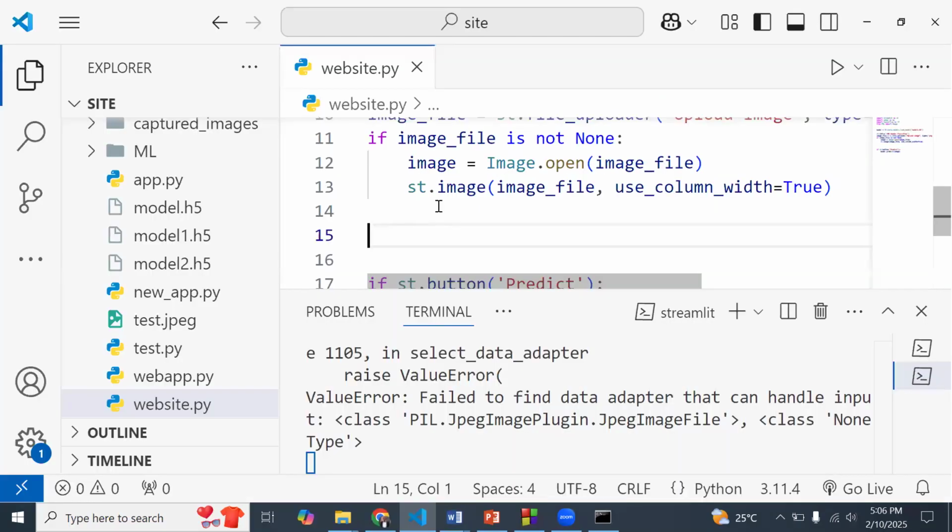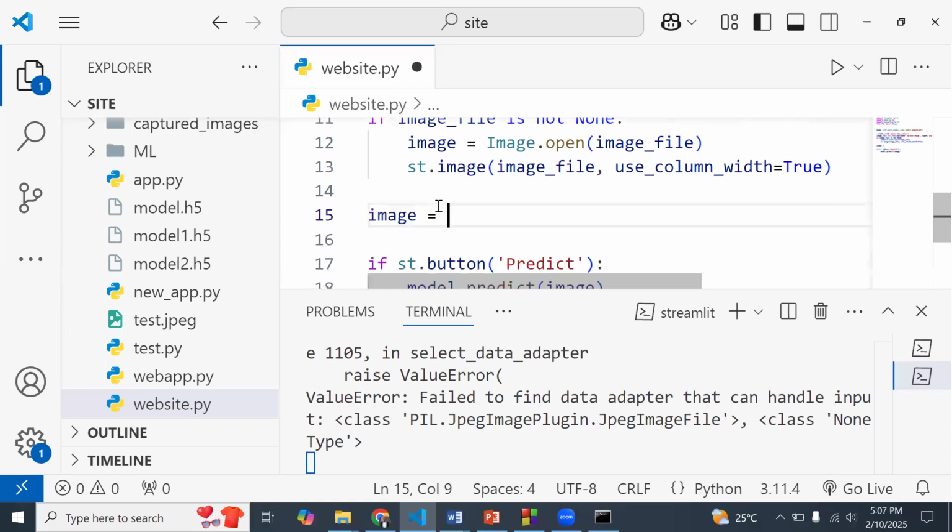So now let's come back here. What we actually need is the image that we have imported, and we want to do some pre-processing. So I'm going to say image dot, and there's a convert method over here. We want to convert this into RGB. We are doing this for instances where there may be black and white images. We just want to have a colored version of that image. RGB basically gives us the red, green, blue pixel values.